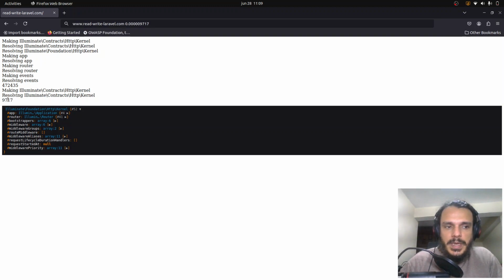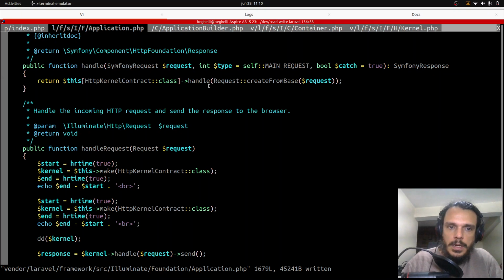And that happens because when we call the second time, it's a singleton that's already built, so it keeps everything here, and make just resolves, and resolve will see, okay, we have a singleton already, let's just return it, and that's why it's way faster here. So the container is a very intelligent, I would say not intelligent, but sophisticated place for you to store things